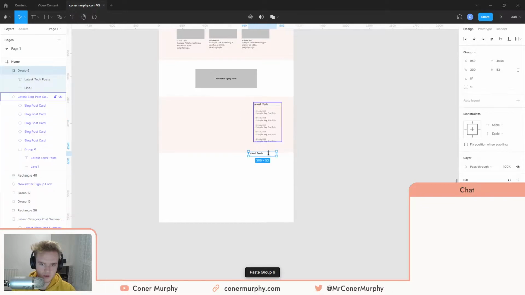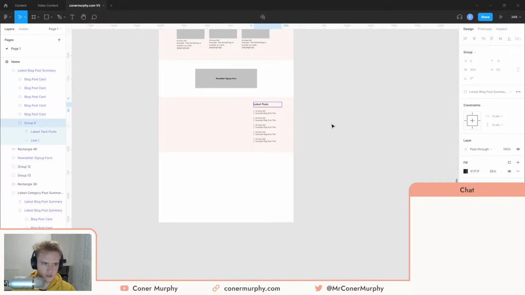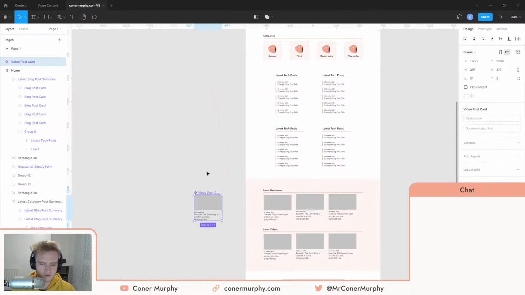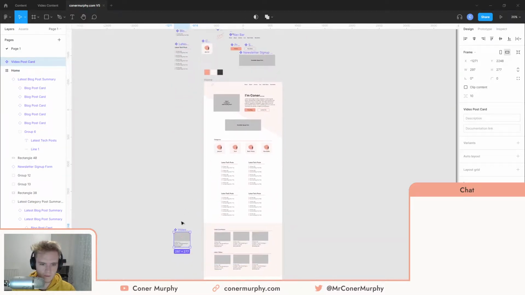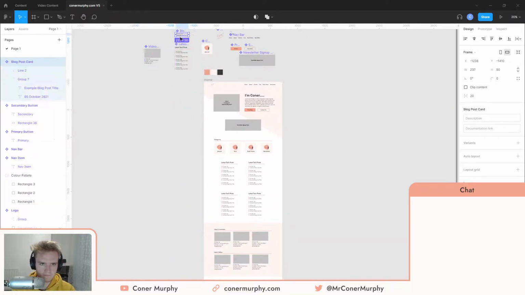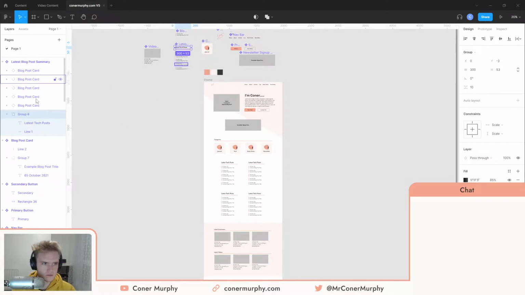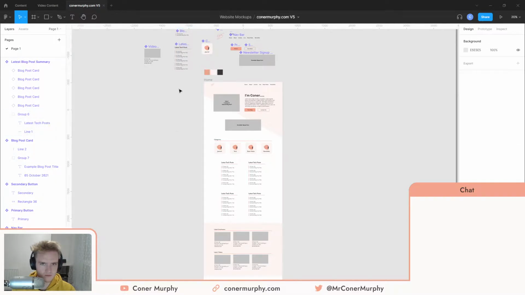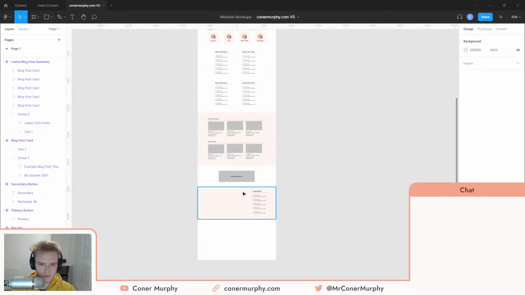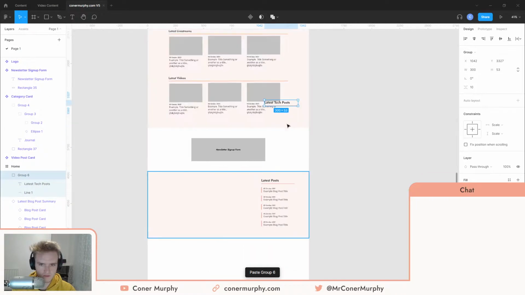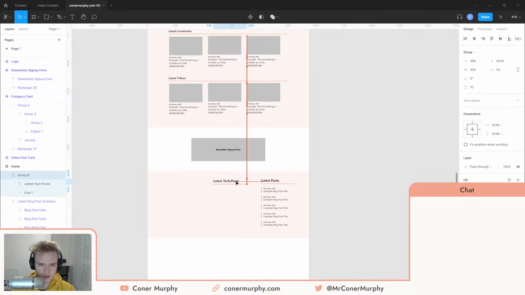Because then copy. Oh, didn't I make that into a component? I swear I made that into a component. Did I make that into a component? No, I made it into a group within a component. Let's just take it out for the minute. So then we end up essentially